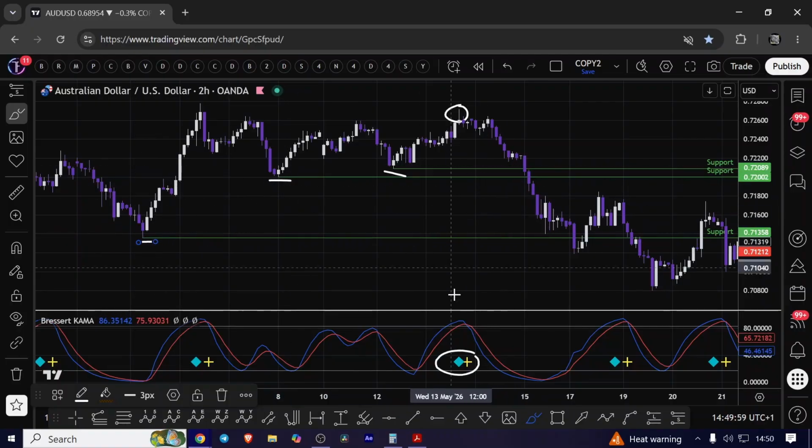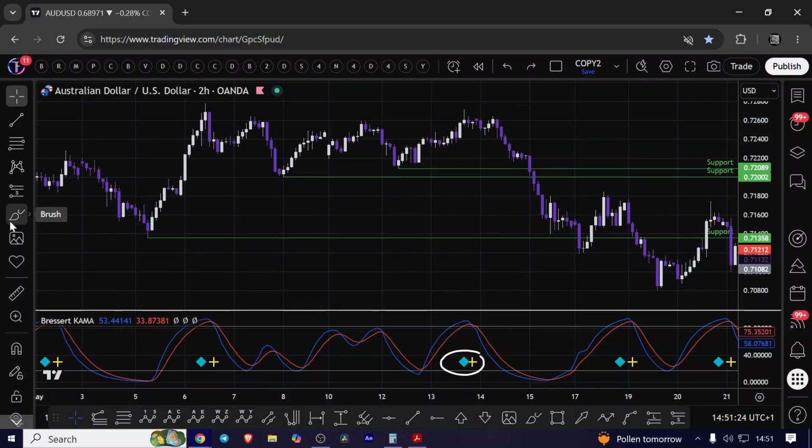So nice and simple: get the signal, see the price action confirmation, this big wick here, and then just take profit at supports. Nothing really that complicated. But because we're entering our trade near the peak of this high, it means that our stop level is smaller. And this is one of the big advantages of this system, because if you notice here, when I use